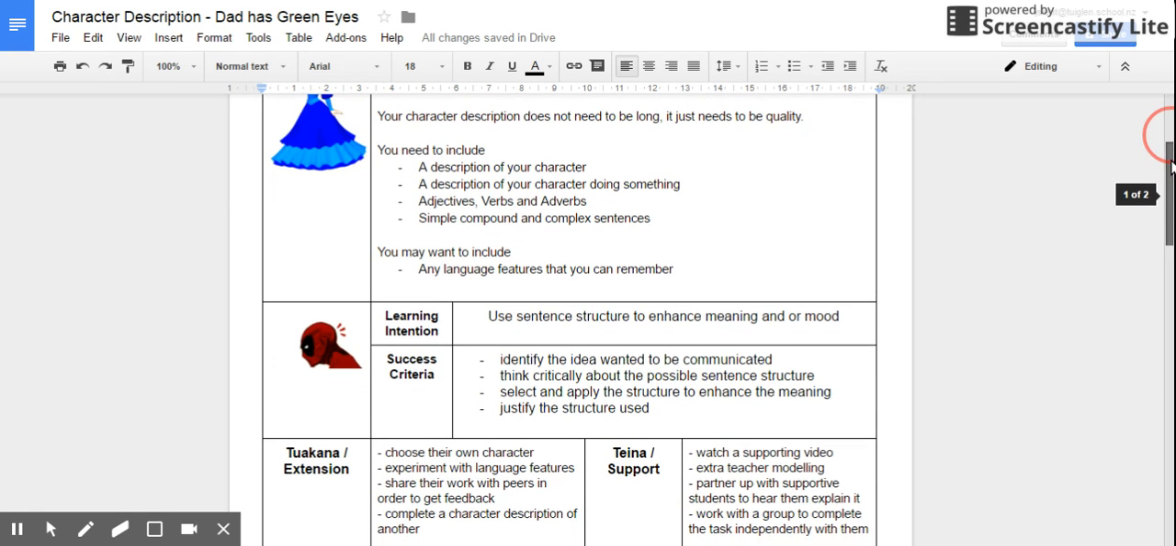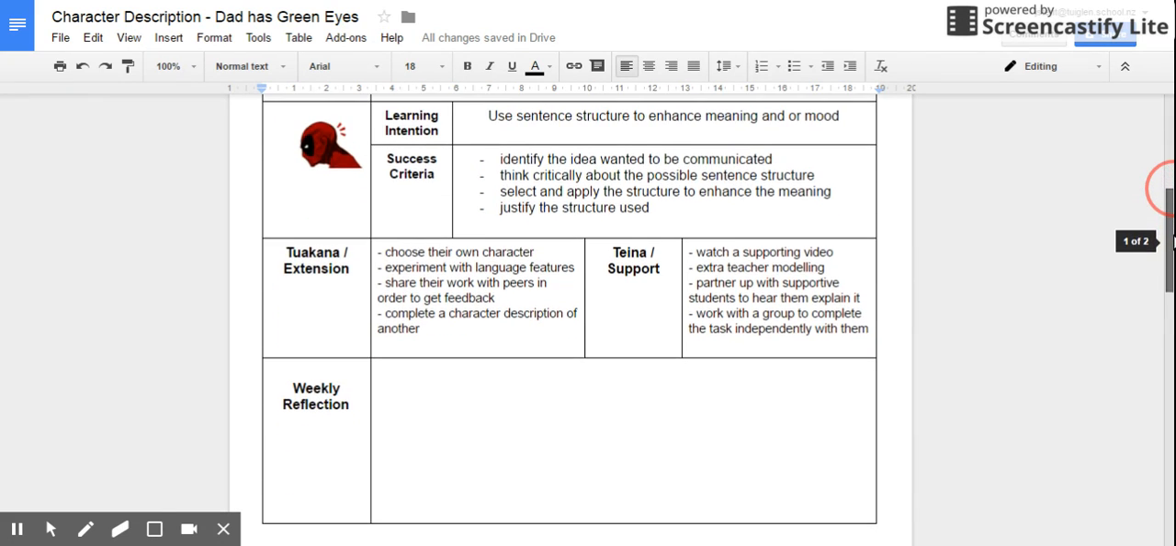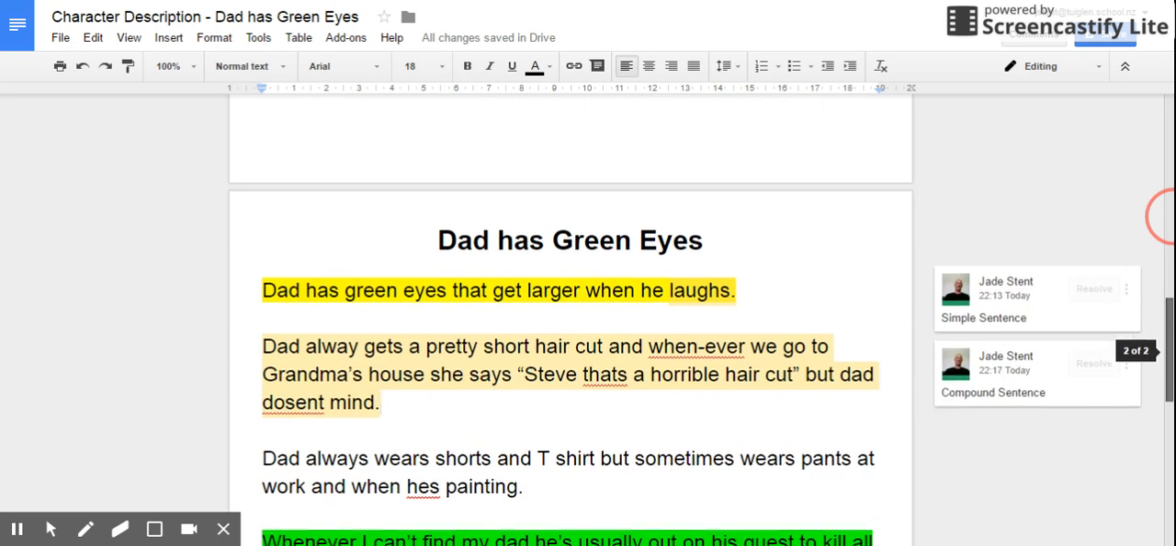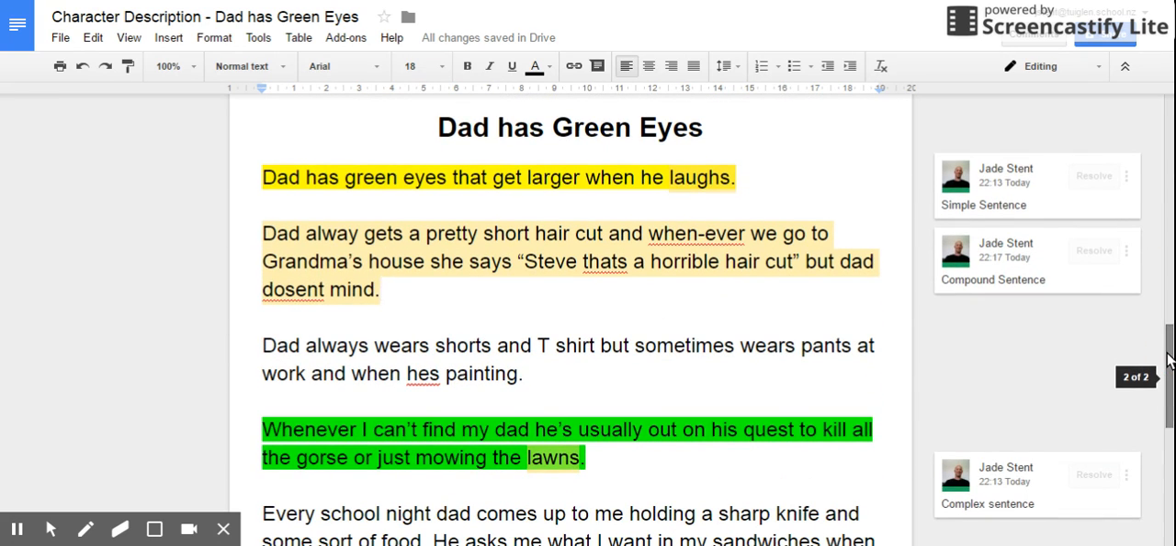So in my character description, I needed to describe my character, describe the character doing something, using some adjectives, verbs, and adverbs, and using simple, compound, and complex sentences. So that was my learning. So my learning intention is to use sentence structure to enhance meaning and or mood. And by doing that, I need to identify the idea I wanted to communicate and to use simple, compound, and complex sentences. So in my writing here, the title of my writing is called Dad Has Green Eyes, and